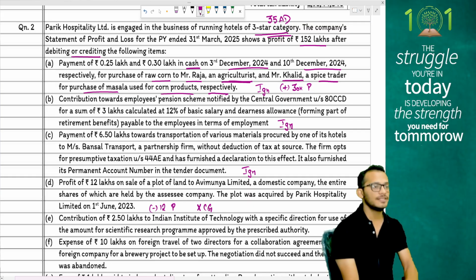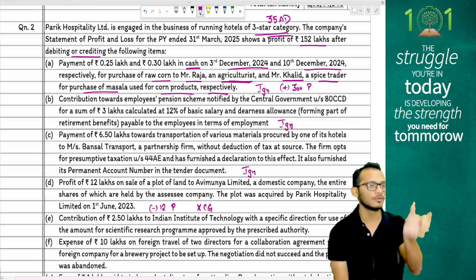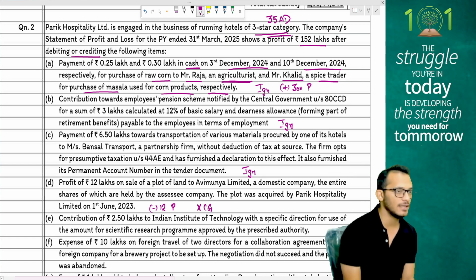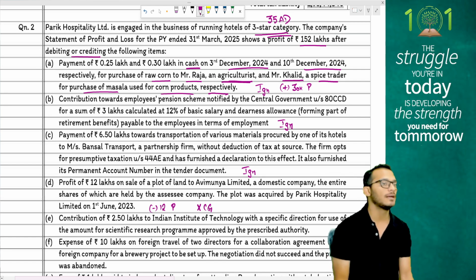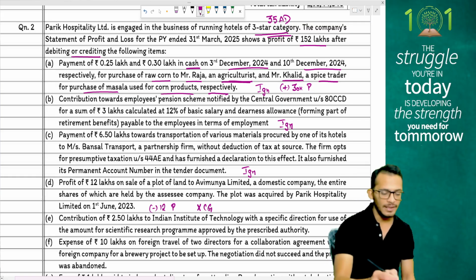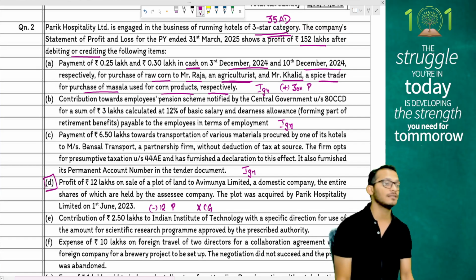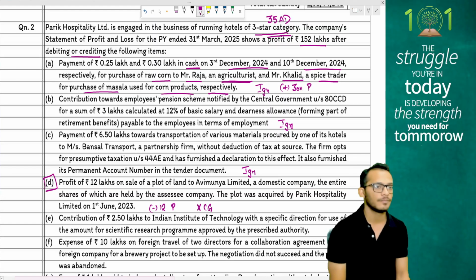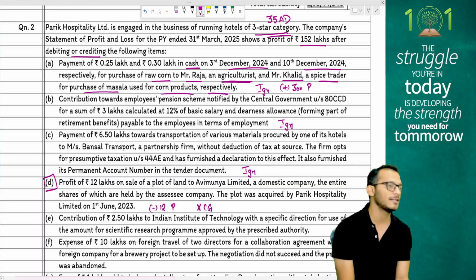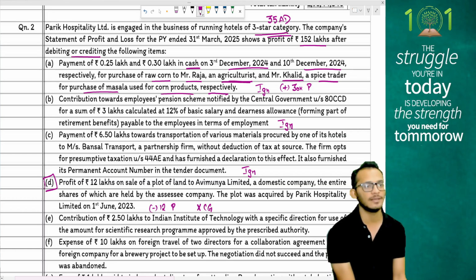People, the ignorance of CG has to be written. You have to go to CG and write a note saying that profit is not regarded as transfer and therefore is not taxable because it is from my wholly owned subsidiary. This is one adjustment which I have seen ICA testing in multiple attempts. Yes, because this is one transfer which most of the people don't pay attention to. So pay attention to this transfer, people. It is important from an exam standpoint.